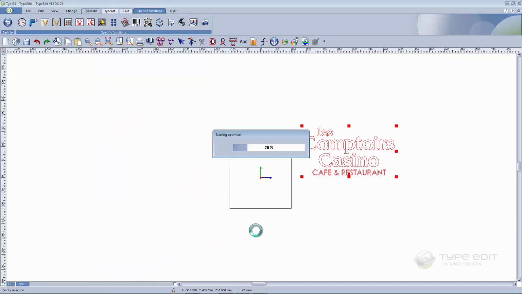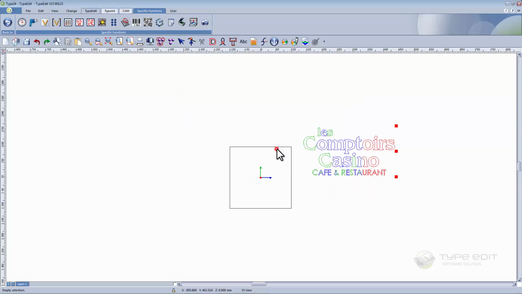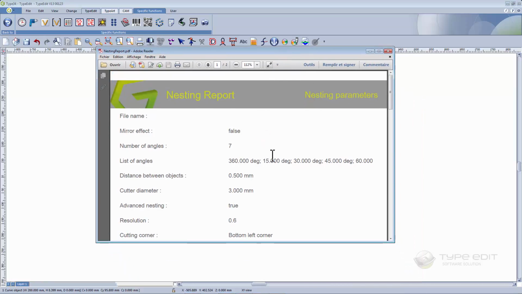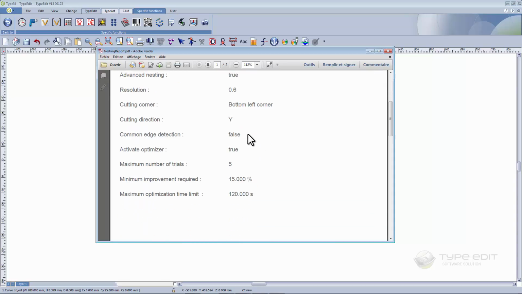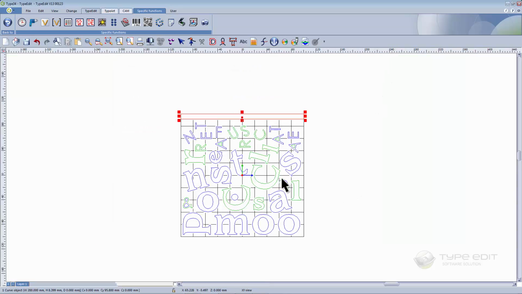I validate. I generate a report. The report will tell me which options I have taken before. And here this is the result of the nesting, and you can see here